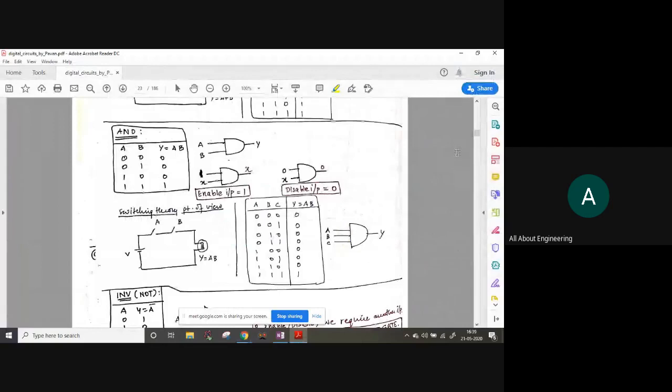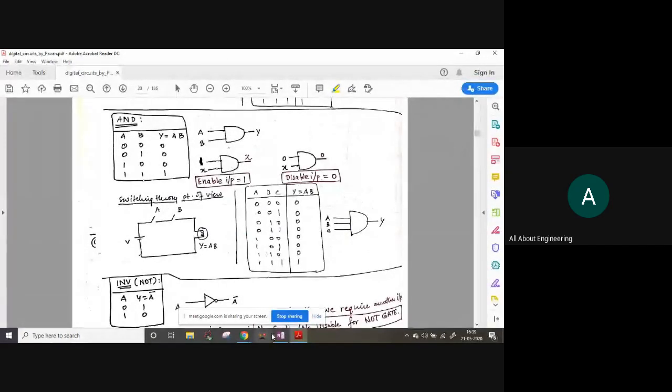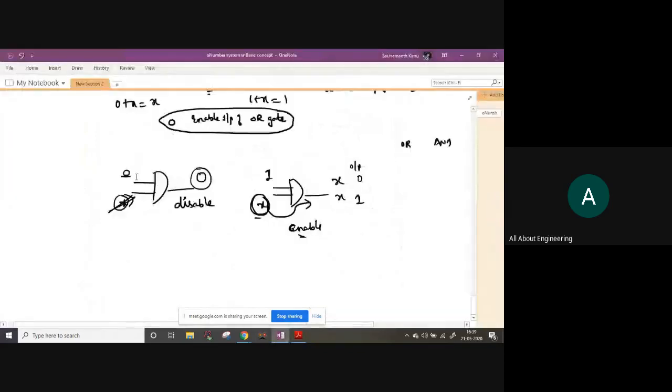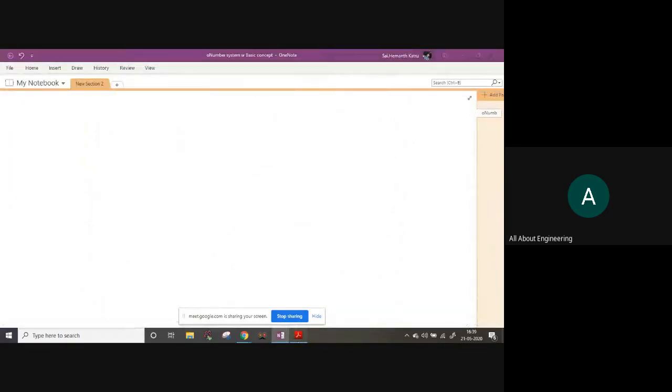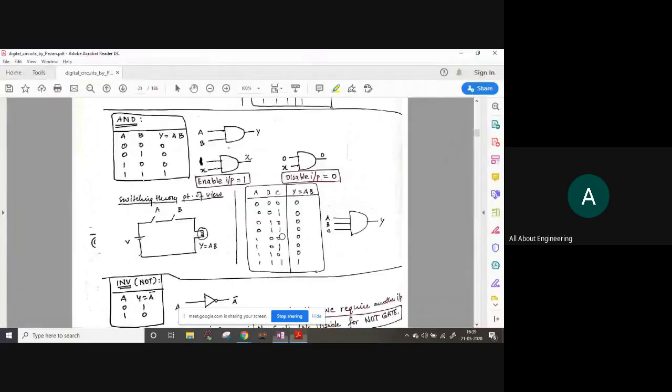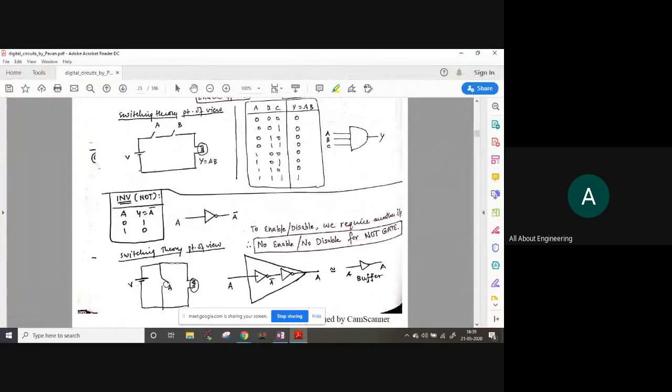Yeah, now the thing is, that's it. If it is AND gate, then 0 is called disable input and 1 is called enable input. Now similarly, let us look at other gates also quickly. Inverter indicates that the switch is in parallel connection. Now if this switch is closed, then it represents a short circuit, so the entire current will flow through this short circuit, so the bulb will not glow. So if input is 1, then output will be 0.